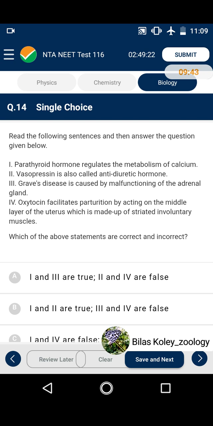Now, first you have to read the options. Parathyroid hormone regulates the metabolism of calcium. Vasopressin is also called antidiuretic hormone. Graves' disease is caused by malfunctioning of the adrenal gland. Oxytocin facilitates parturition by acting on the middle layer of the uterus, which is made up of striated involuntary muscles. In these questions, we have to identify which statements are correct and which are incorrect. In this question number 14,